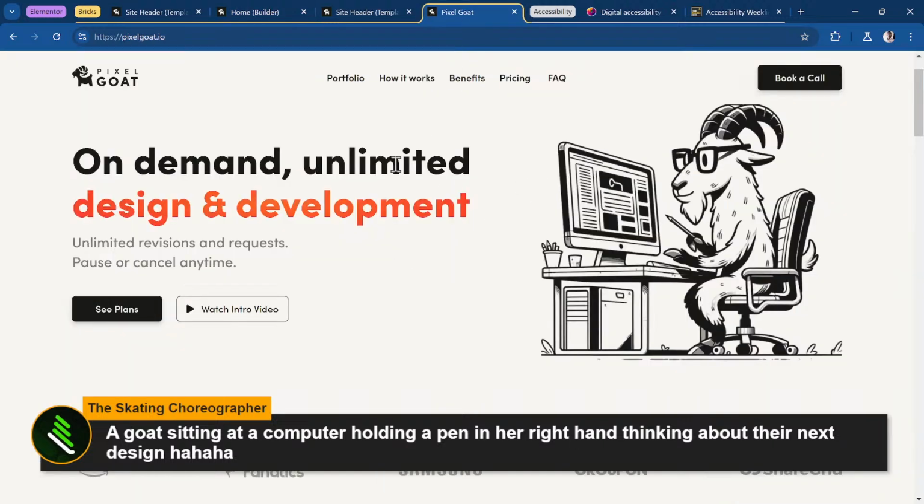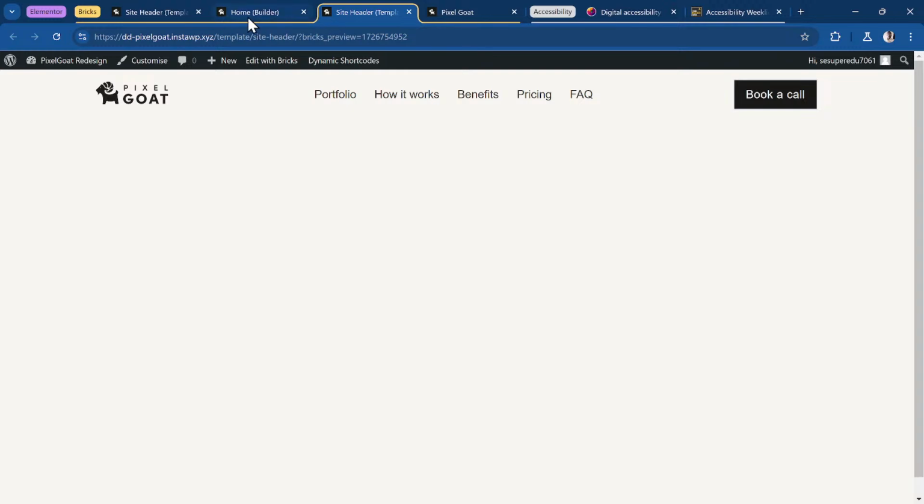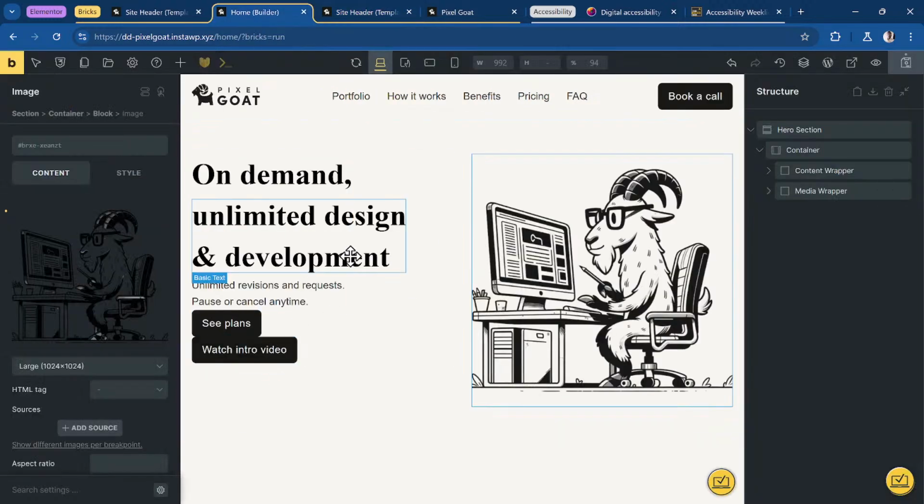So the design says, okay, so on demand, unlimited. We have the image. We have our 2 buttons. So let's go ahead and see the buttons. So, okay, the 2 buttons. Now we'll start with